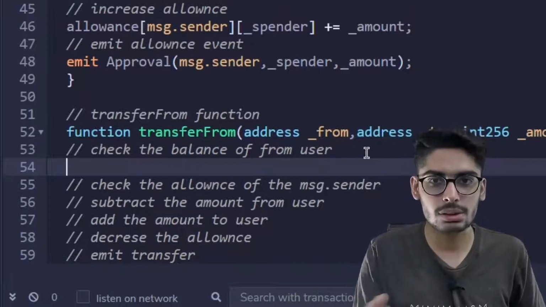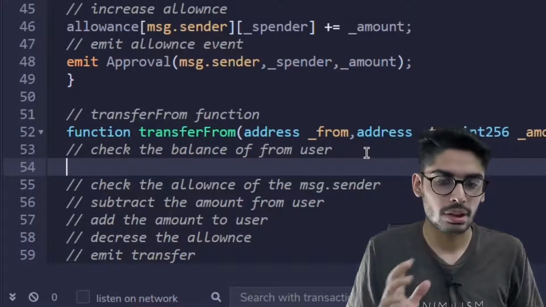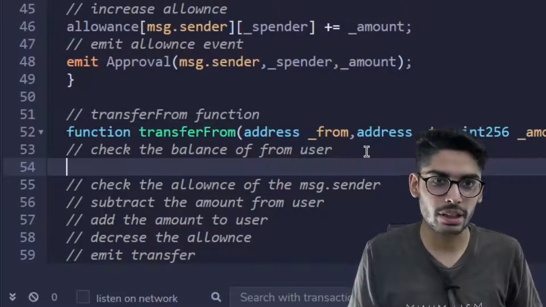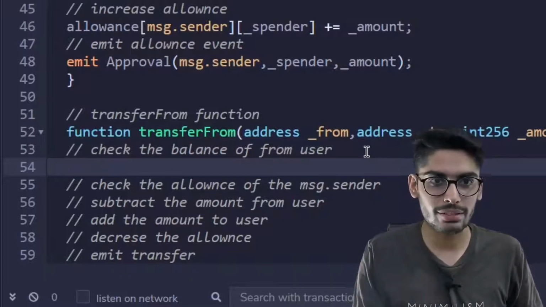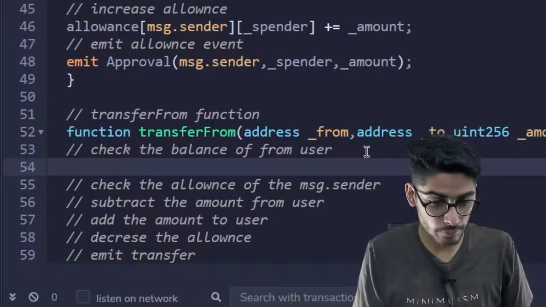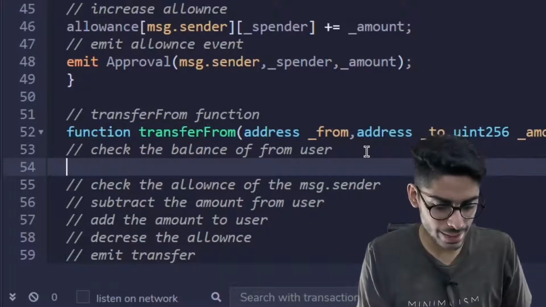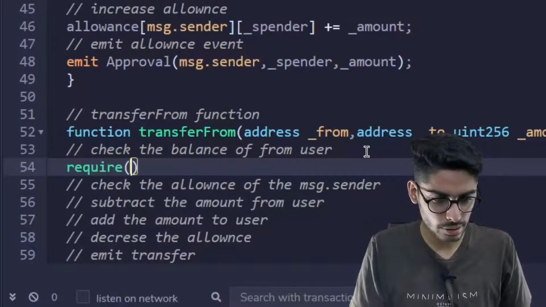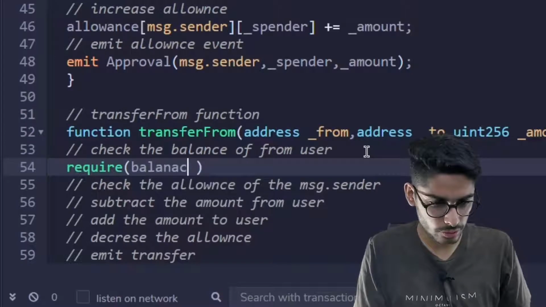Like I have given an allowance of 100 to a bank and I spent 50 out of it. So I currently have 50 rupees. Balance of me is 50, but the allowance given to the bank is 100. So we will check whether the user from which the money has to be invested somewhere has the required balance in it. So we will just type require and write balanceOf,